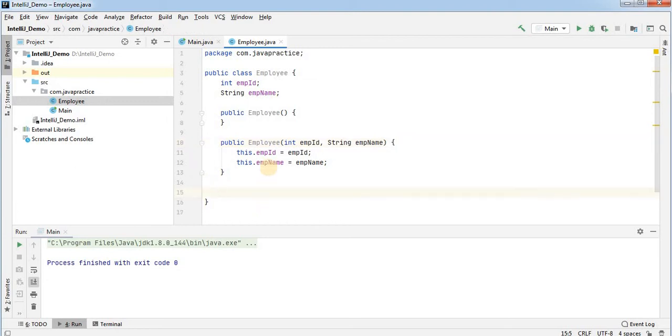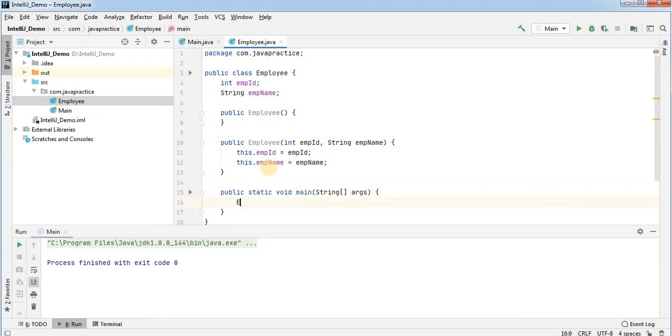Okay. Suppose at the time of creation of this employee, I provide the employee ID and employee name, and my requirement is to print this employee information, which contains the employee ID and employee name. For this I have taken a main method.